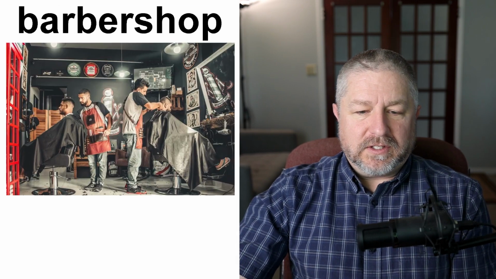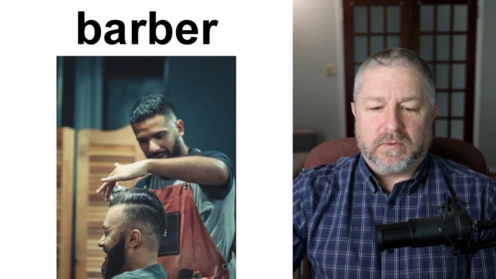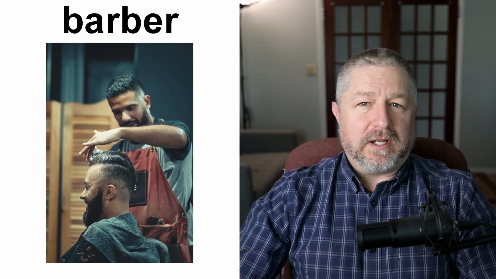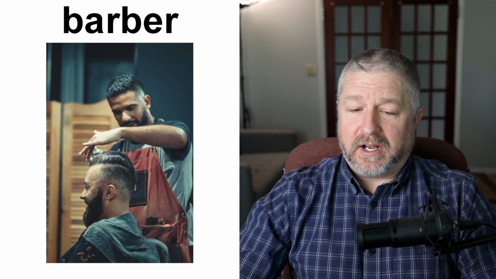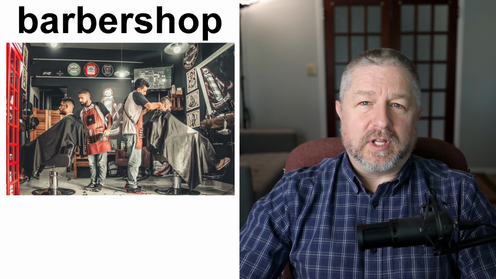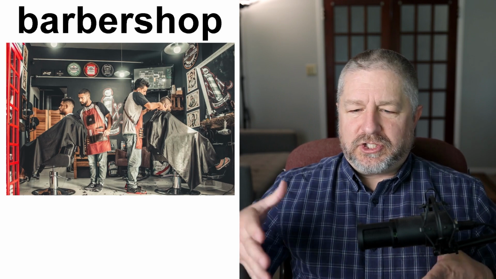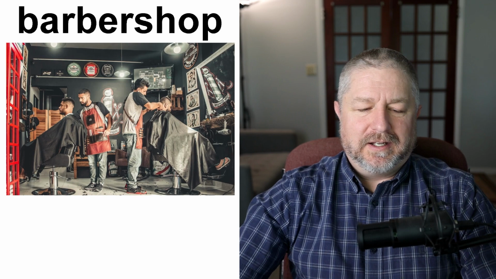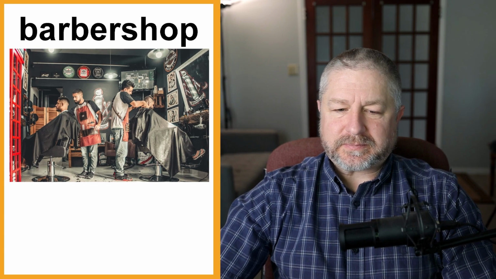So let's look at these two slides a bit more closely. So we have this gentleman who is a barber. So someone is sitting in the chair and he is getting a haircut from his barber. And that barber works in what's called a barbershop, a place with chairs that go up and down and mirrors on the wall so you can see the haircut as you get it.